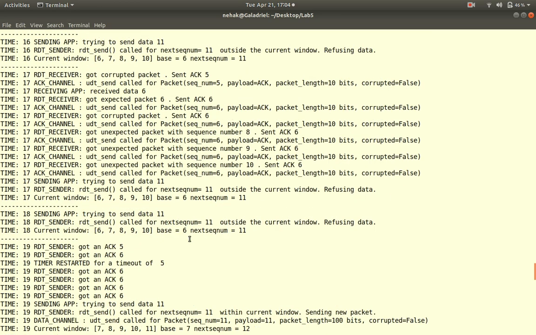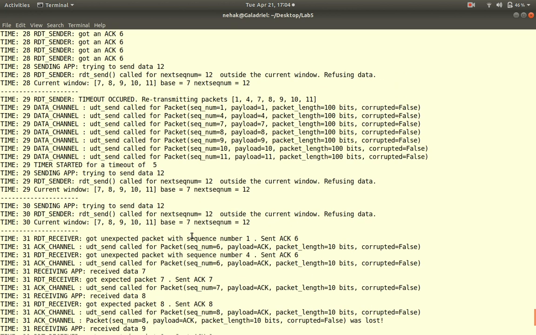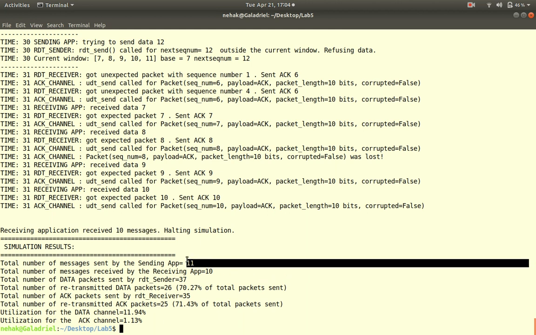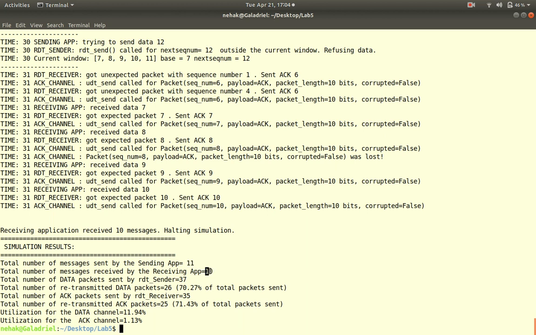And finally, at the end of simulation, at time 31, that is the last time, 10 messages were received by the receiving application. The total number of messages sent was 11. Out of them, 1 may have been in transit when the simulation stopped. At the moment the receiving application received 10 messages, the simulation stopped, so maybe the 11th message was still on the channel being propagated.